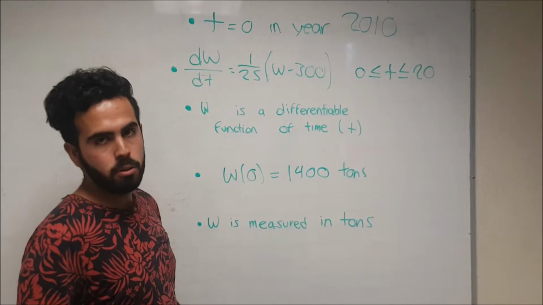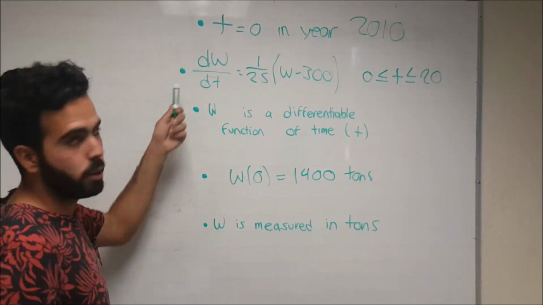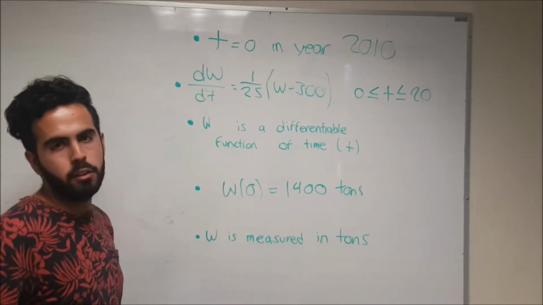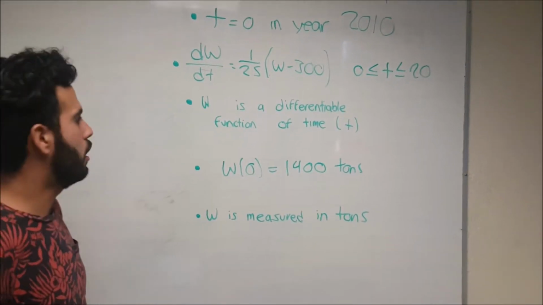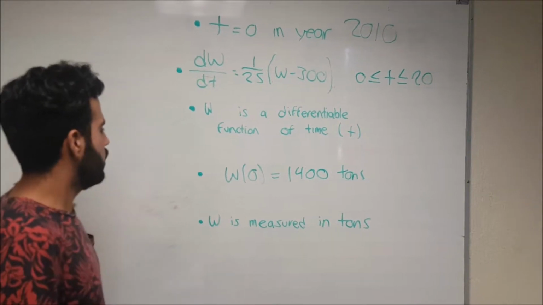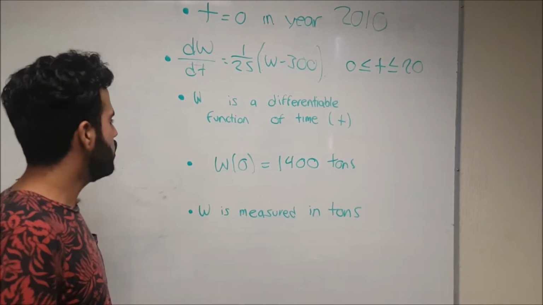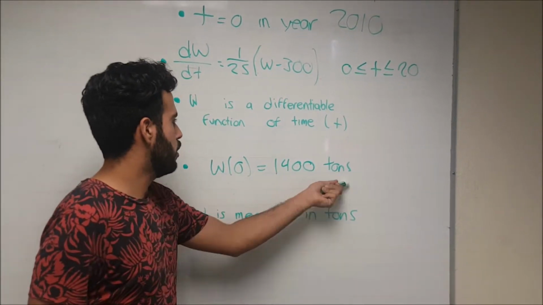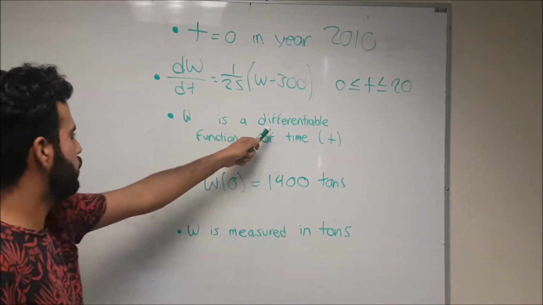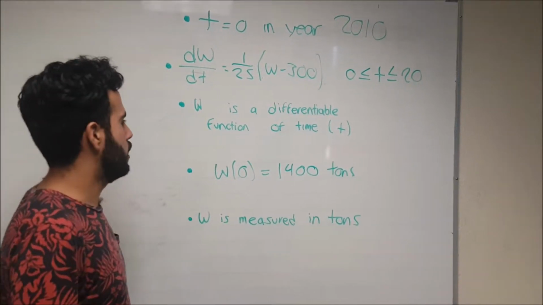So from the year 0, that is 2010, 10 years forward, it will apply this equation to the rate at which the landfill increases of tons. As you see, W is measured in tons. And it is said also that W of 0, of the original function, is 1,400 tons. And a fact is that the function W is differentiable, and it is implicit that it is a function of